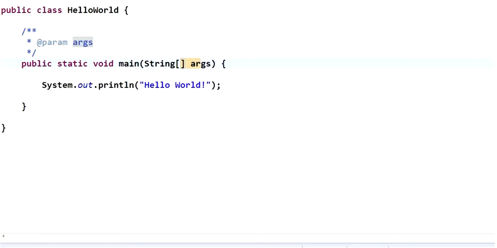Now we have println, the name of the method, accessed through the System class out variable. That println is a method which belongs to the PrintStream class.